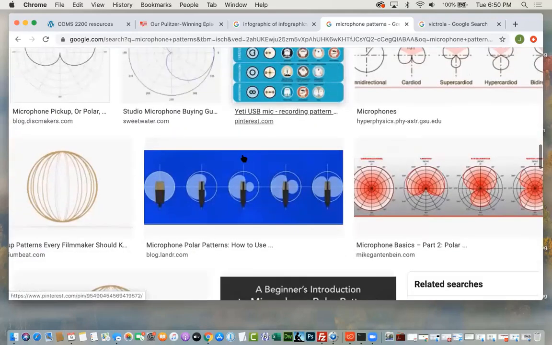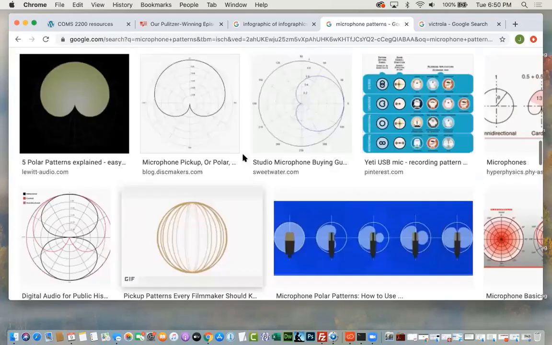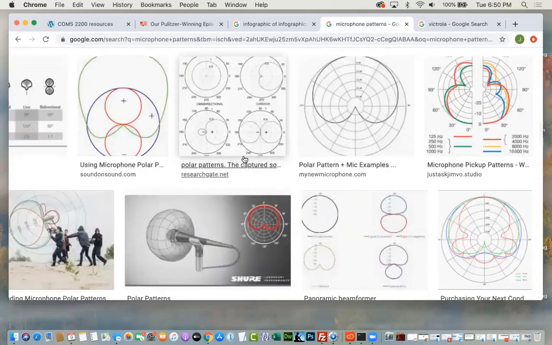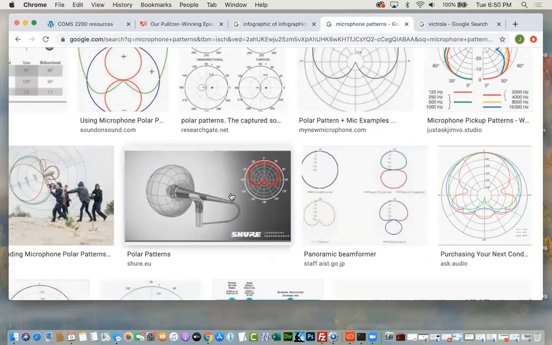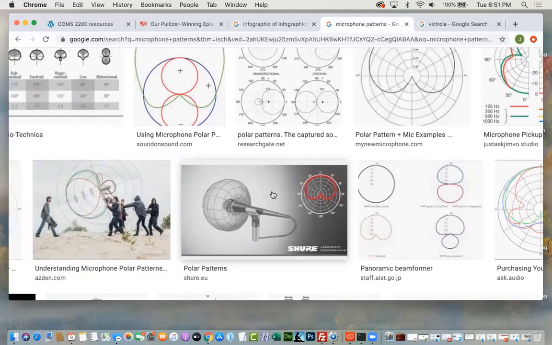And of course, like everything else, there are so many resources on the web to help you understand this that it's not even funny. But the main thing is a good microphone is directional. Usually there's a directional pattern in a good microphone. Poor microphones, there are some very, very expensive omnidirectional microphones, but forget that for now. Most of them are cardioid, most of them are directional, so just like you point a camera, you know what you're getting, you point a microphone, you know what you're getting.